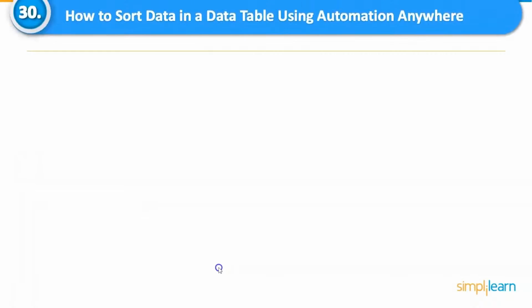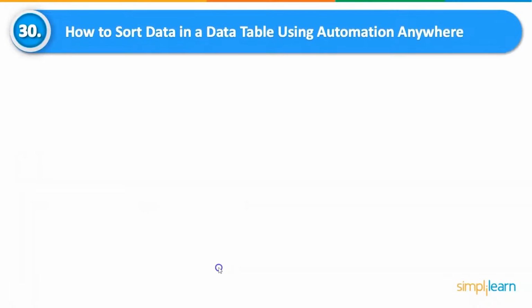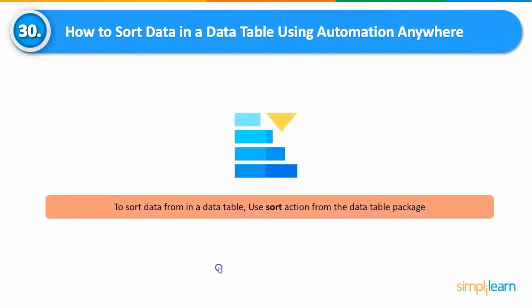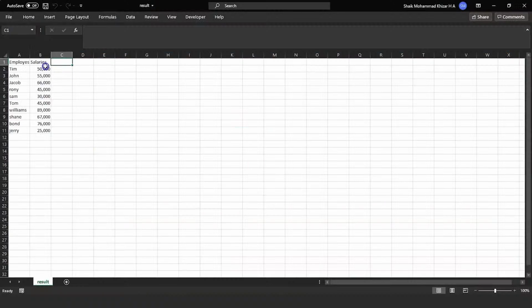The last question, how to sort data in a data table using Automation Anywhere? To sort data in a data table, Automation Anywhere provides a sort action from the data table package. So if you look at this data table, you can see the salaries column. The salaries are not sorted. So we'll sort the salaries column in descending order. The employee with the highest salary will be at the top and the employee with the lowest salary will be at the bottom. So let's close this